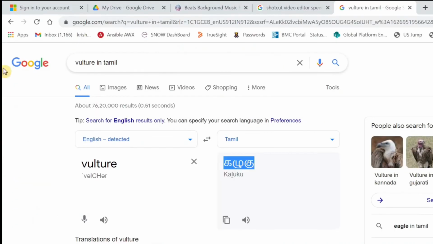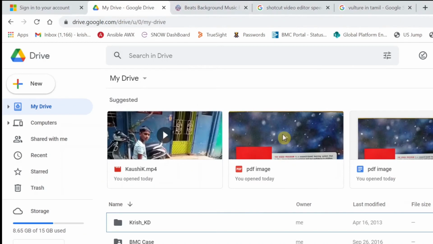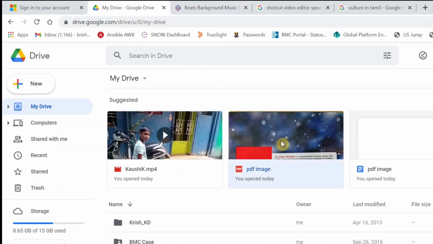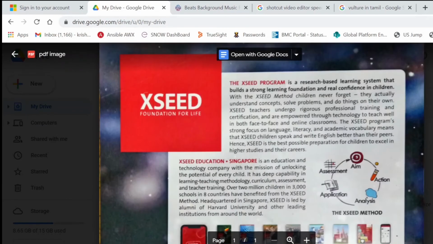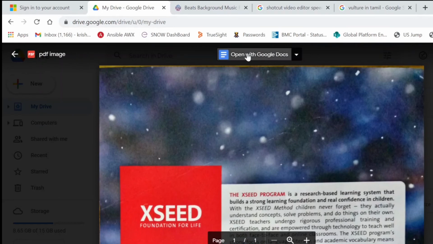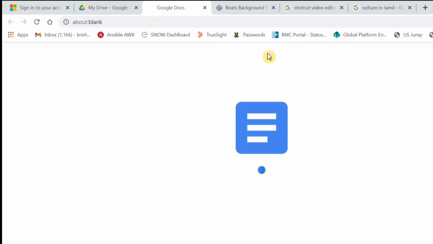G Drive. So here you could see I have uploaded this PDF file in the G Drive, and I am now opening it with Google Docs.